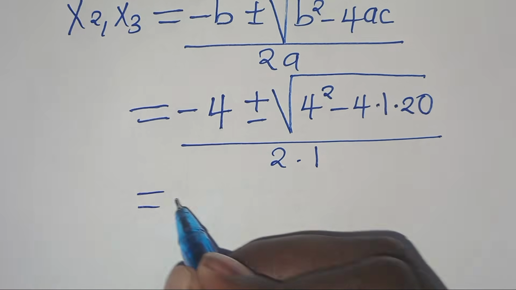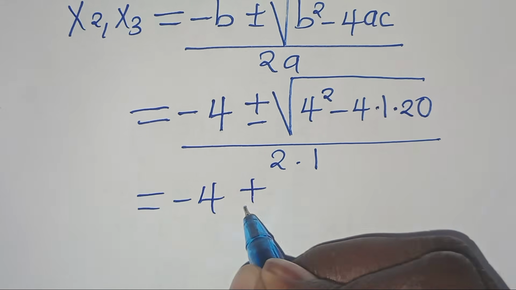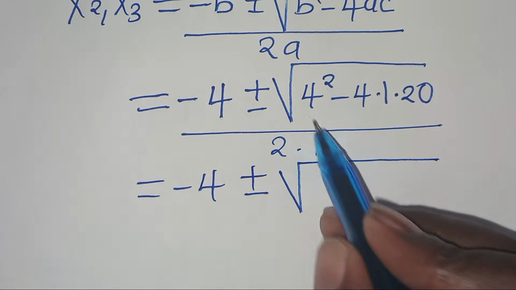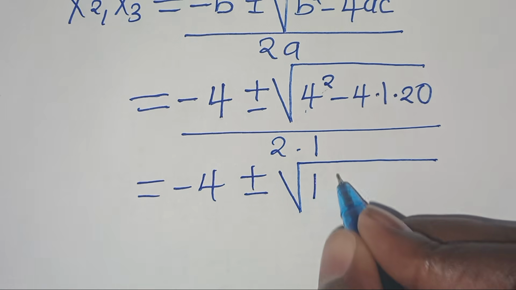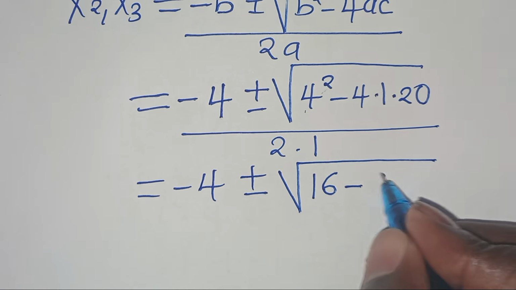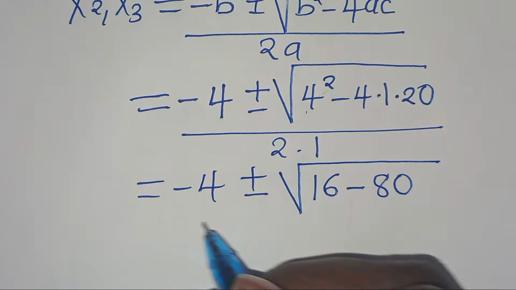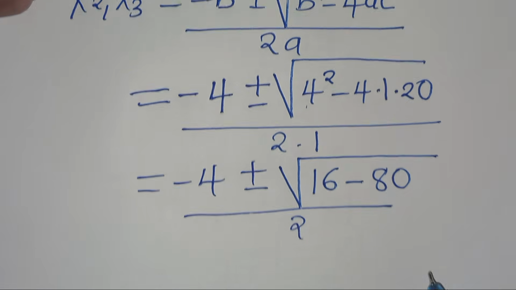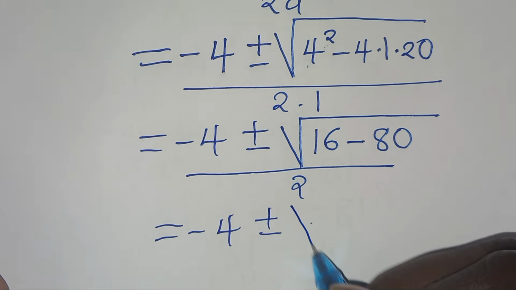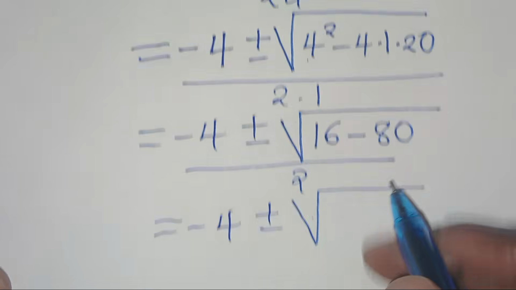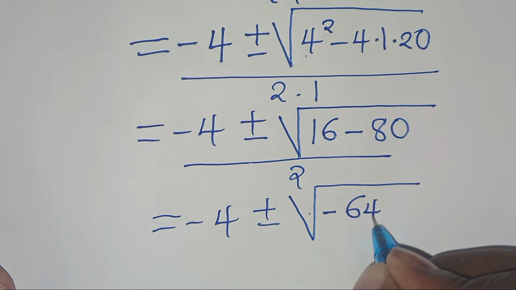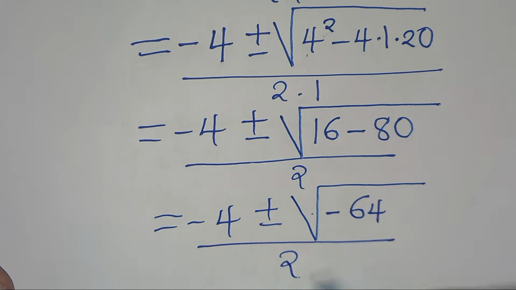So this implies that we have negative 4 plus or minus the square root of, now this is 4 squared and this is equal to 16, subtract 4 times 20 and this is equal to 80, then divided by 2. So this means we have negative 4 plus or minus the square root of 16 minus 80, and this is